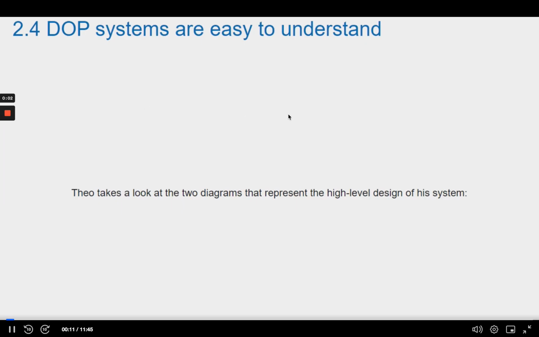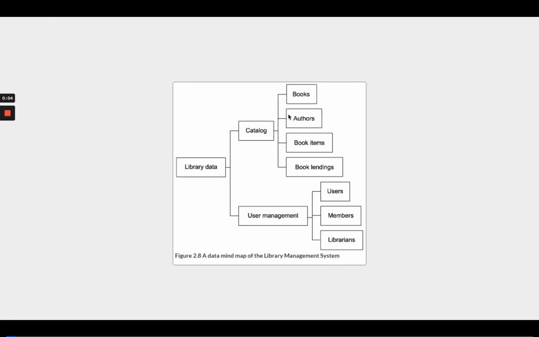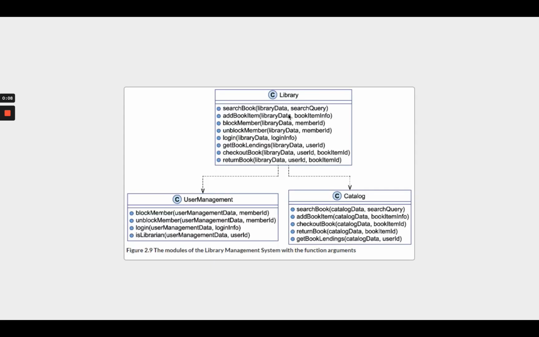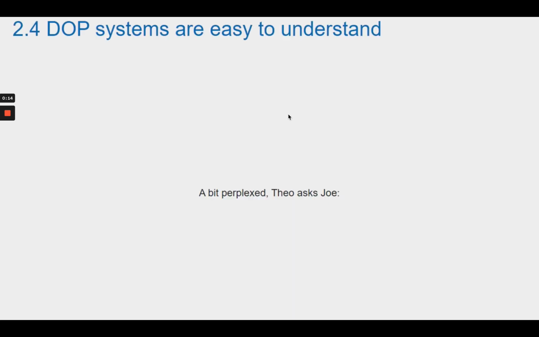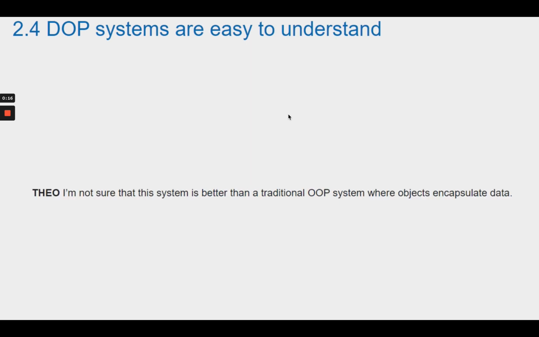design of his system. The data entities in the data mind map in Figure 2.8. The code modules in the module diagram in Figure 2.9. A bit perplexed, Theo asks Joe, "I'm not sure that this system is better than a traditional OOP system where objects encapsulate data." Joe: "The main benefit of a DOP system over a traditional OOP system is that it's